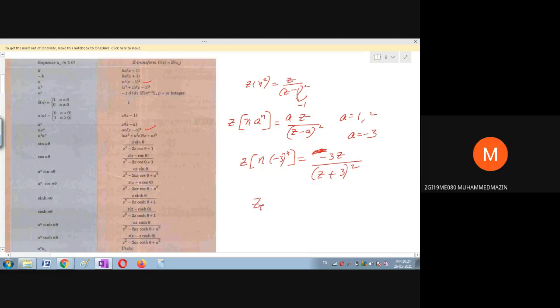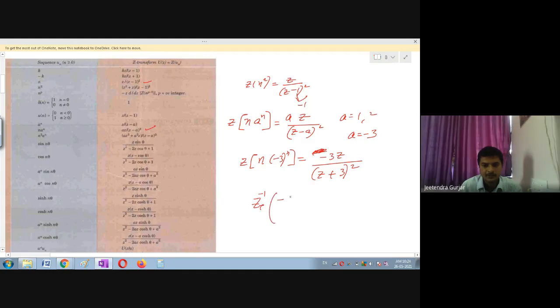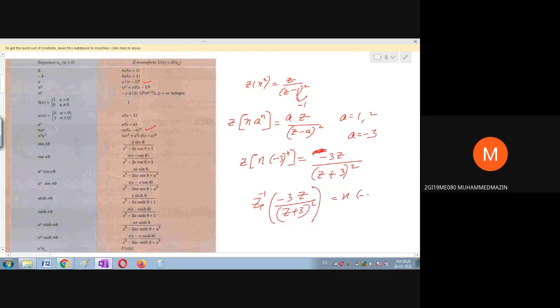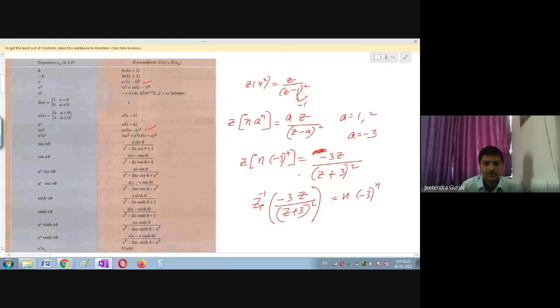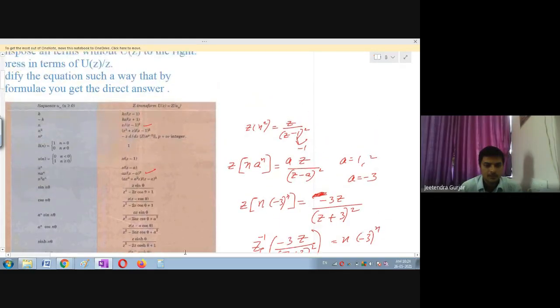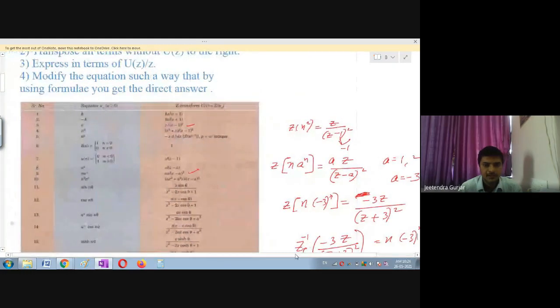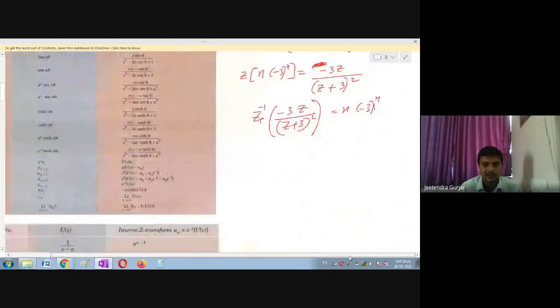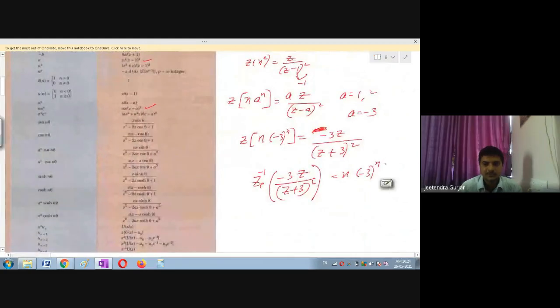Yes, beta. Yes, please tell me. No doubt, sir. I will take inverse. This is Z transform, right? This is a formula for Z transform. Inverse Z I have to change it. So this is going to become, I think now it is clear. So I have substituted all these values. A is equal to minus 3. So that I want to change this A.